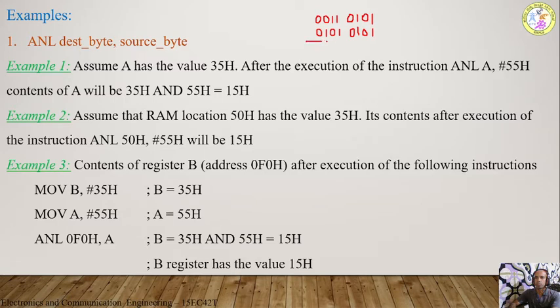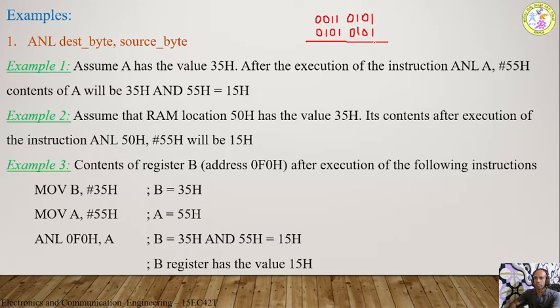Now we need to perform the AND operation between these two. We know that the output of the AND gate will be equal to 1 when both the inputs are 1, whereas for the other cases, it will be equal to 0. If any one of the inputs is 0, or if both the inputs are 0, then definitely the output will be 0. So observe the bits where you are going to have two ones.